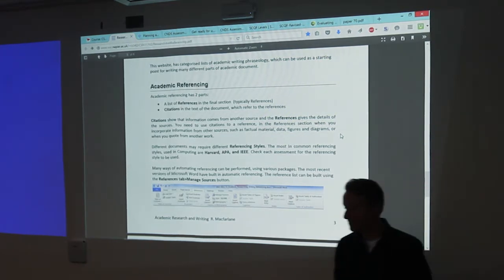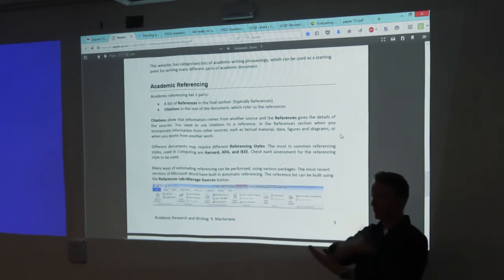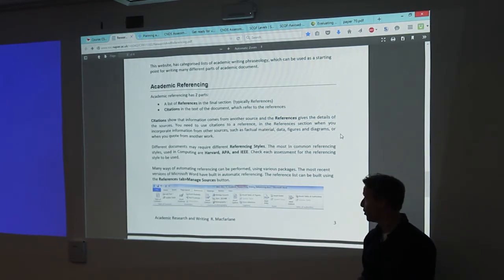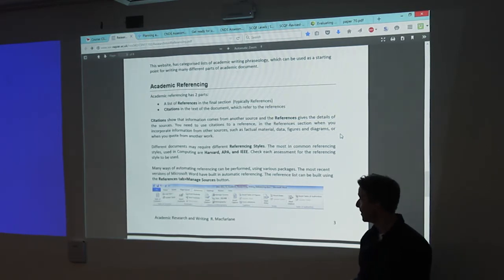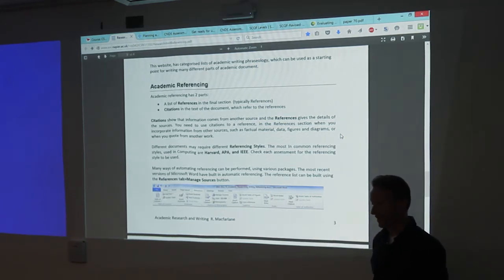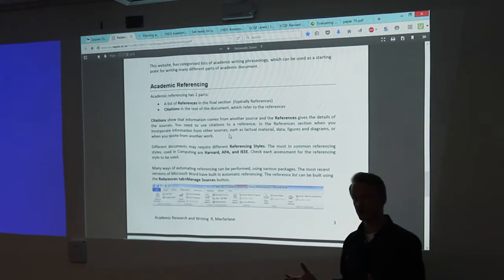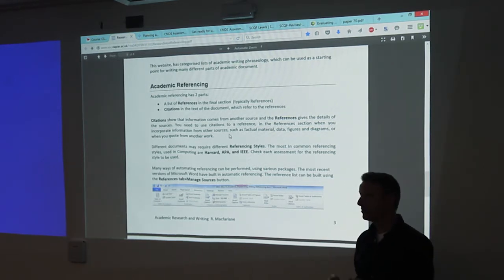You go to the references, I'll show you in a sec, and you can create everything in a Word document. You can export it and use it in other Word documents, or you can link it to a proper reference database, which is probably worth having a look at, and I'll show you why in a sec. So I used to use LaTeX with a BibTeX database behind it, but nowadays I have moved to using Mendeley. As you go, I would be using one of these tools to record your references. A lot of people won't do it, but it is definitely the best way of doing things. If you read a paper and think, I'm going to use this, put it in the database. It'll be much easier when it comes to using it.